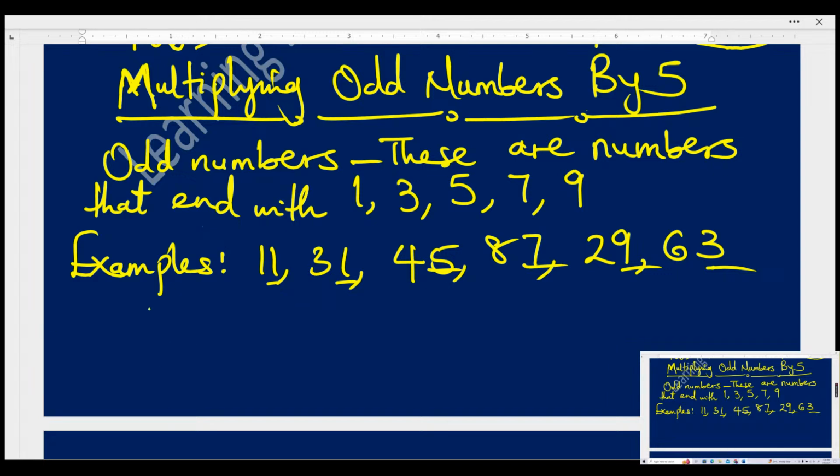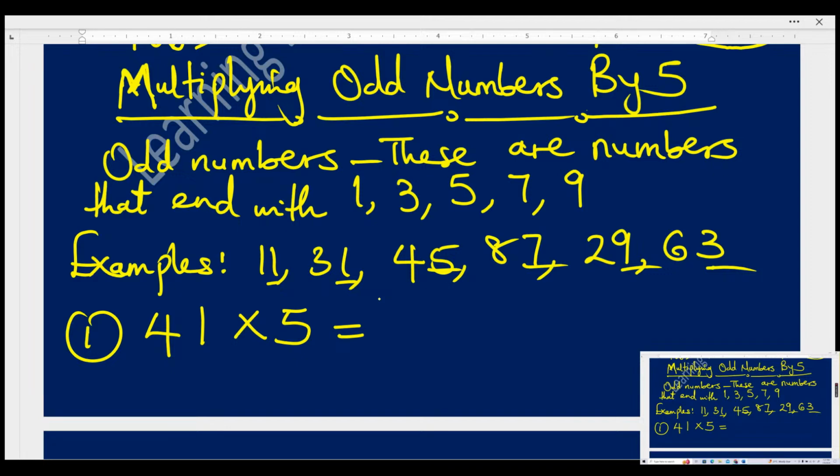So now, how do we multiply odd numbers by 5? Now look at these examples. How can you multiply 41 by 5 in your head without having to use your pen and paper and without having to use a calculator? What you need to do is to subtract 1 from that number. Anytime you're multiplying odd numbers by 5,